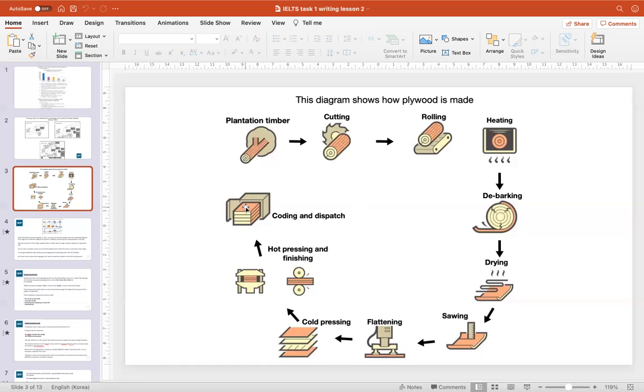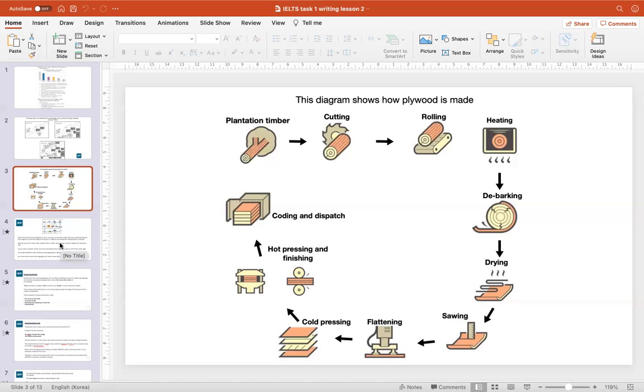So what you need to do is think about how you can group the steps together into larger steps, right? So what is a logical way to combine 2 or perhaps 3 steps into a larger one? That just gives you a bit more control with your writing, and it also means that you're not jumping from one step to the next step to the next step to the next step, which doesn't sound very good when you write it. That's one thing to bear in mind.